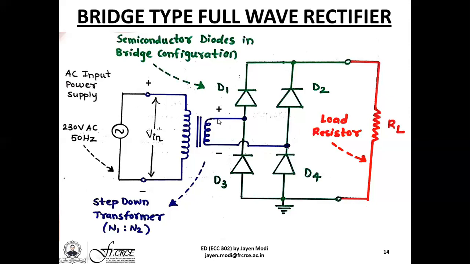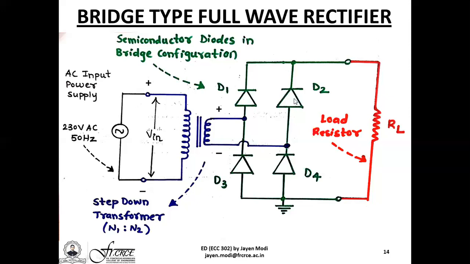The positive potential is now given to the anode of D1 and the cathode of D3, while the negative potential is applied now to the anode of D2 and to the cathode of D4 with respect to the ground terminal, that is 0 volts. So for D1 and D3, since the positive potential is applied to the anode of D1, D1 turns on. However, the same positive potential is applied to the cathode of diode D3, so D3 will be off. It will be in a reverse bias condition while D1 will be in a forward bias condition.